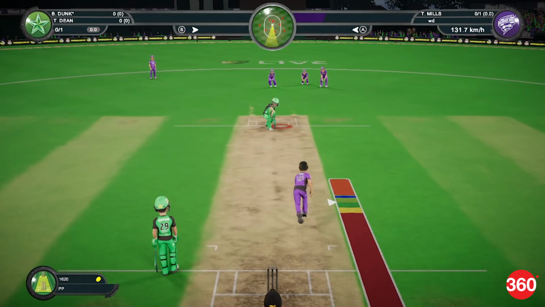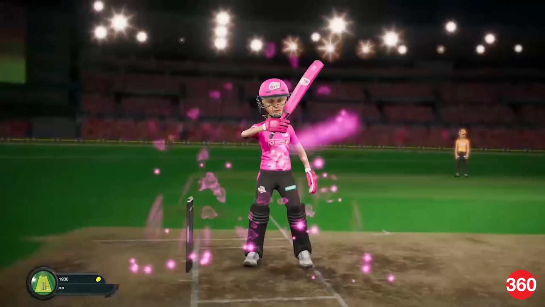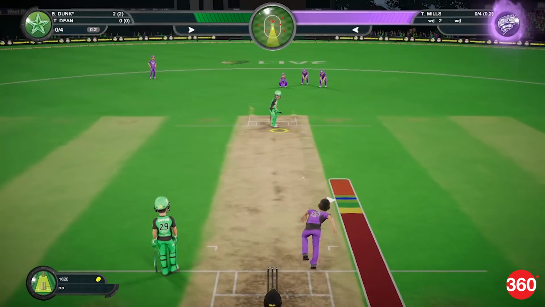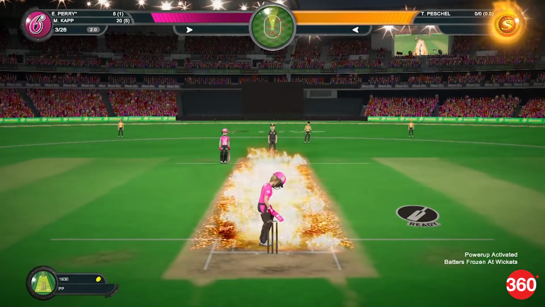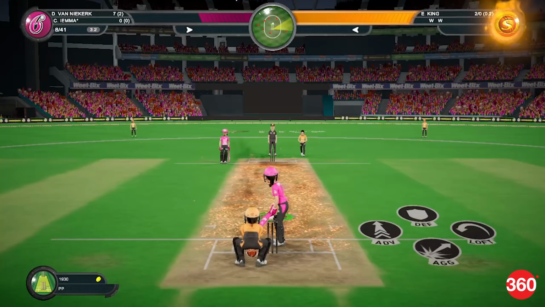While Ashes Cricket's focus was on realism, Big Bash Boom's highlight is over-the-top gameplay. You can do crazy things like score 12 runs off a single ball, bowl a delivery at 200 km per hour, and even set the pitch on fire so the opposition can't run between the wickets. Big Bash Boom doesn't take the rules of cricket too seriously and tries to make itself accessible to those who